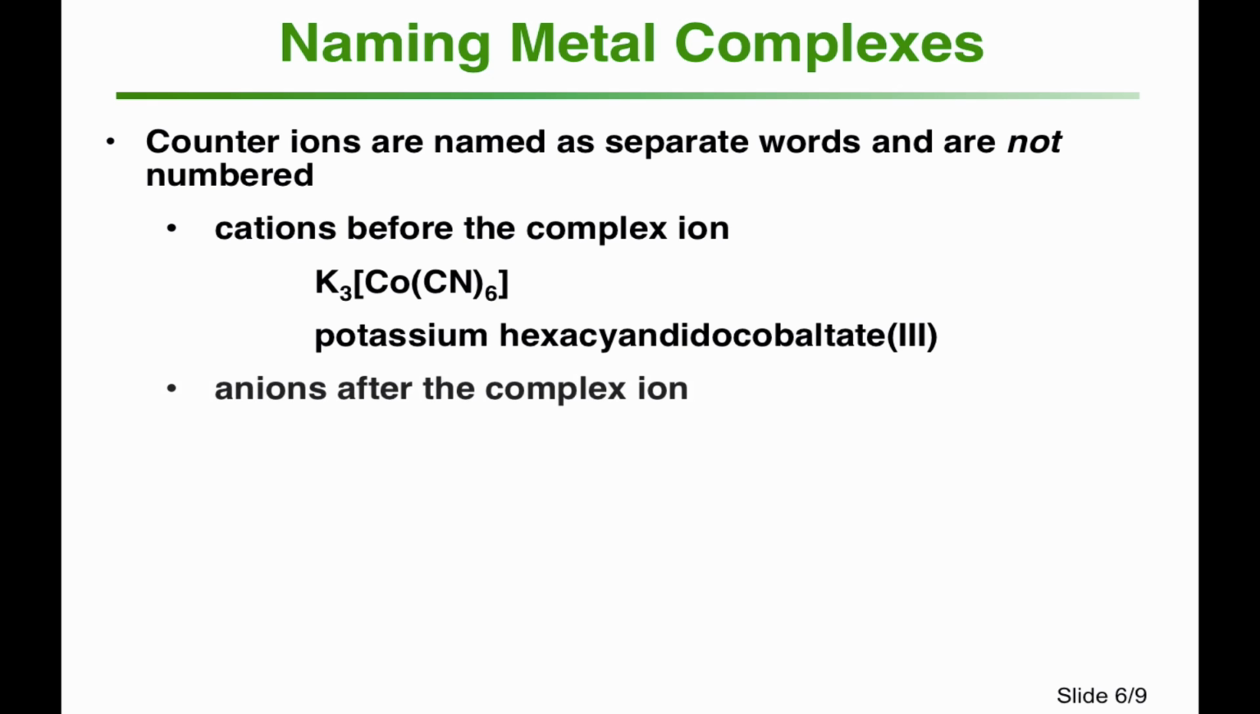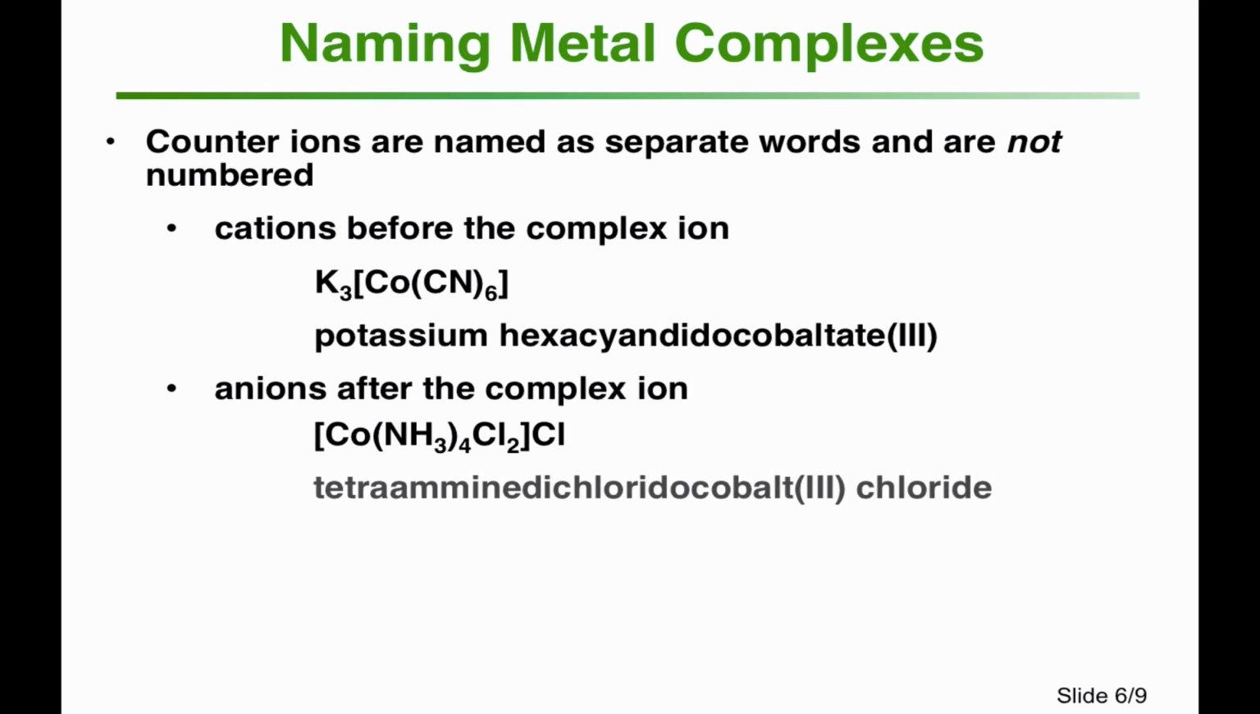But anions are named after the complex ion. So this cobalt complex has a chloride counterion. And so we have tetraamine dichlorido cobalt(III) chloride. Notice we have 2 chlorines attached to the cobalt. So we have dichlorido, and we have a chloride which is outside the complex, which is a counterion, which is